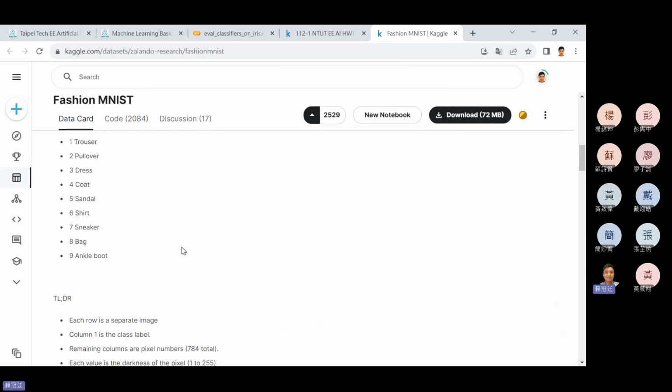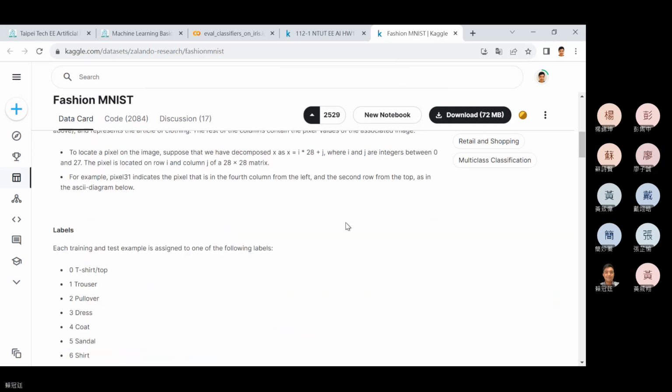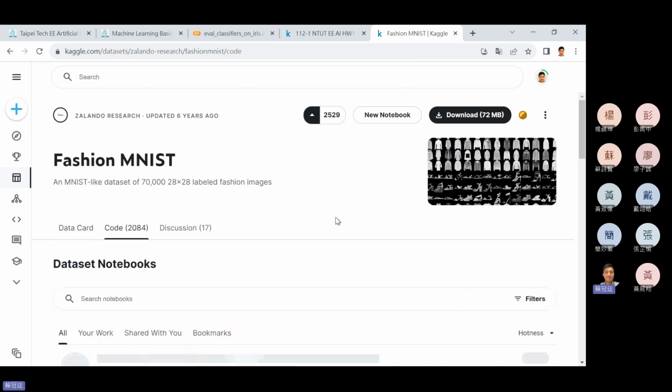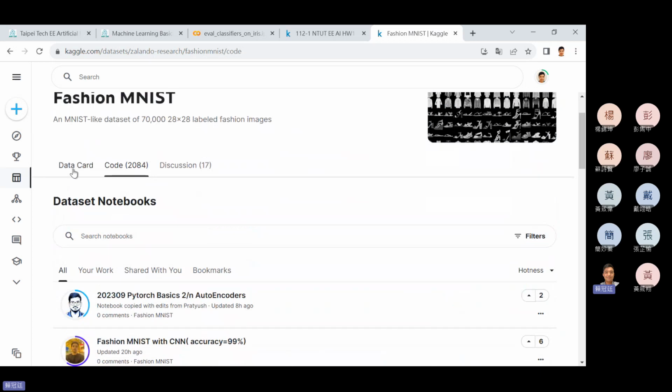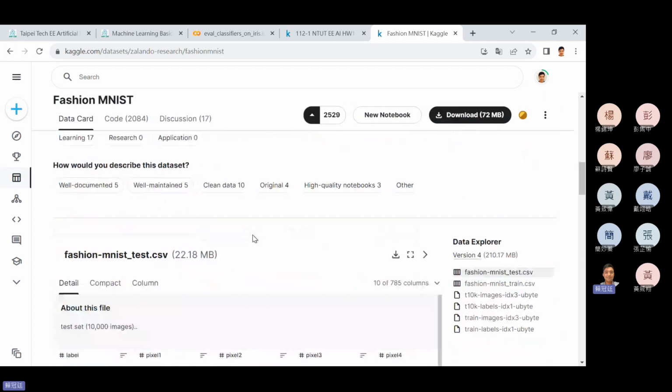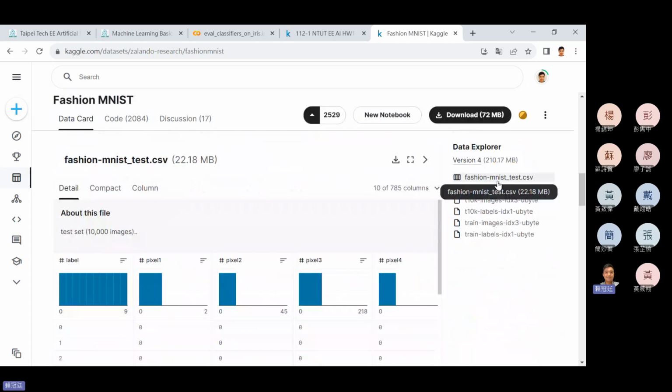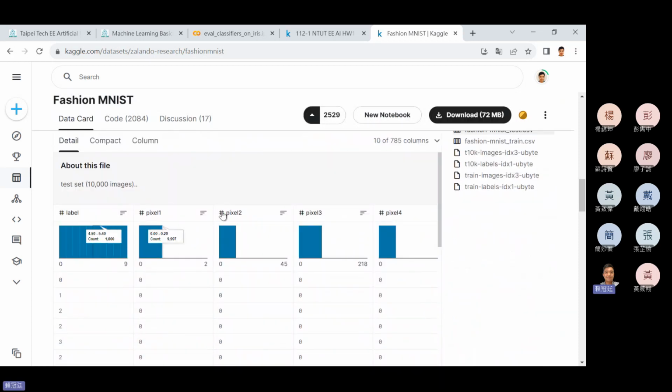Data card. So you can see the details, and there is already a lot of code that you can reference. The data card is an open data set. So here is how the data looks like. Actually, it contains all the pixels, 28 times 28, 784, in one CSV file. Usually we use a binary file, but because this data set is small,